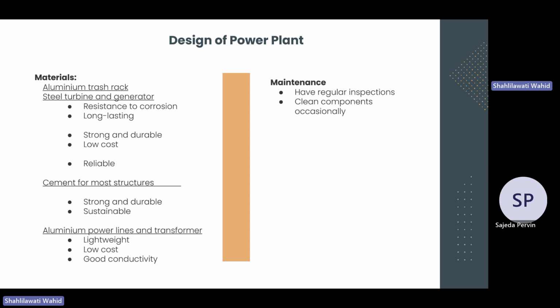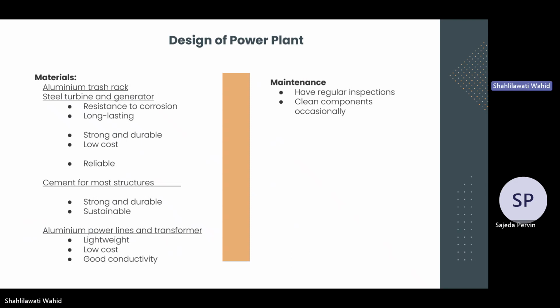low maintenance is required. Next, cement will be used for most of the structure's construction because it is durable, strong, and also sustainable. It will not harm the environment too much. The aluminium power lines and transformer are used because they are lightweight, cheap, and a good conductor of electricity. And for the maintenance of this power plant,